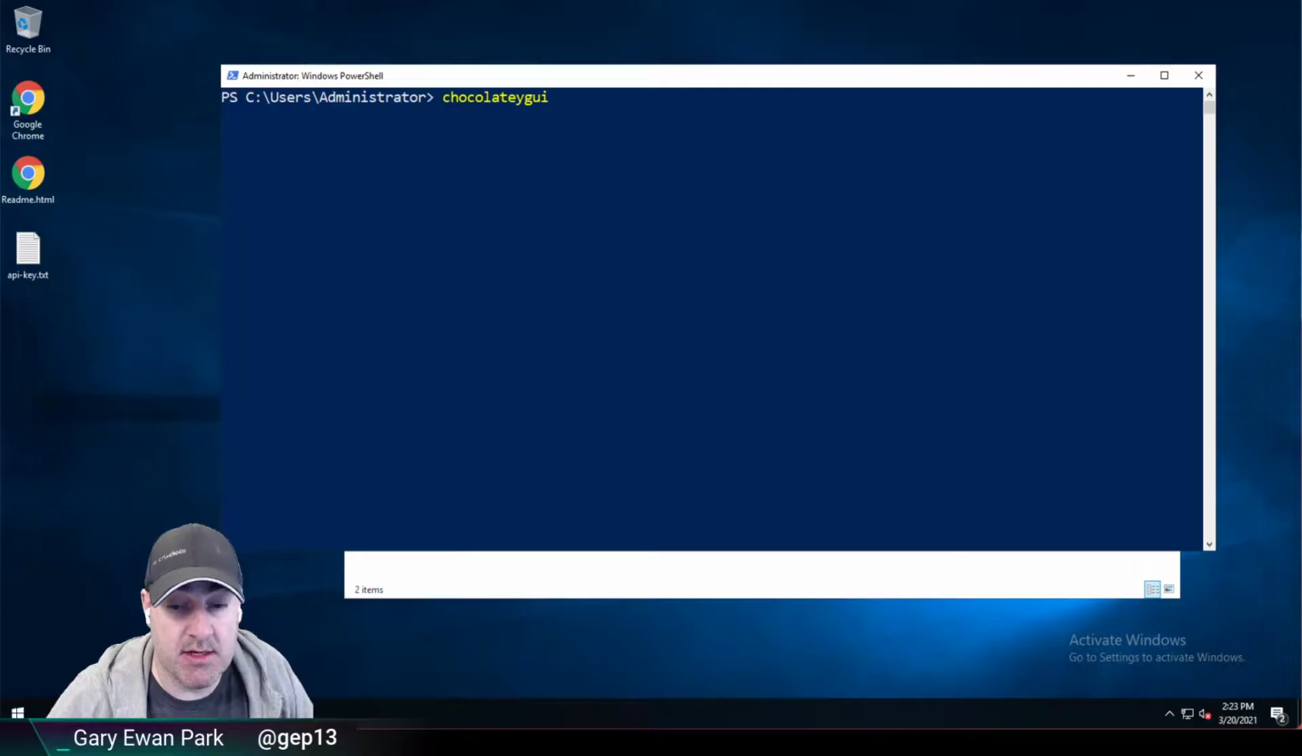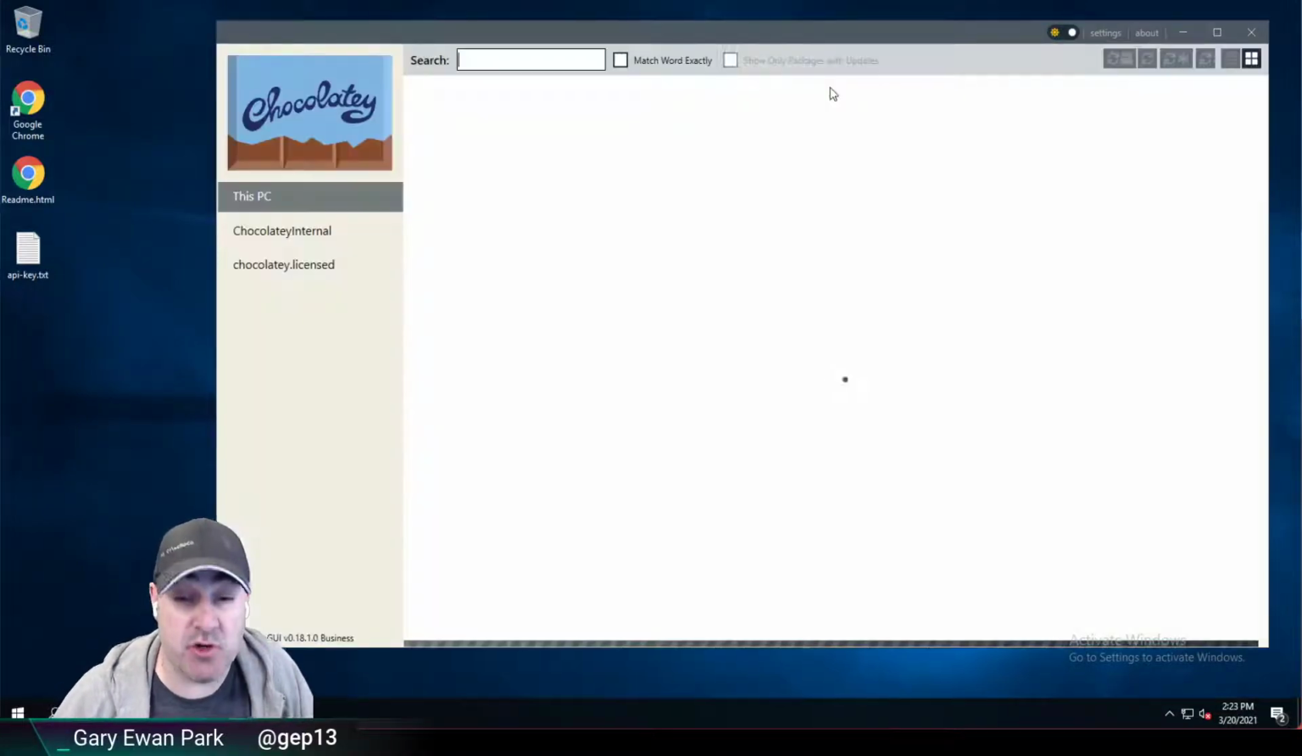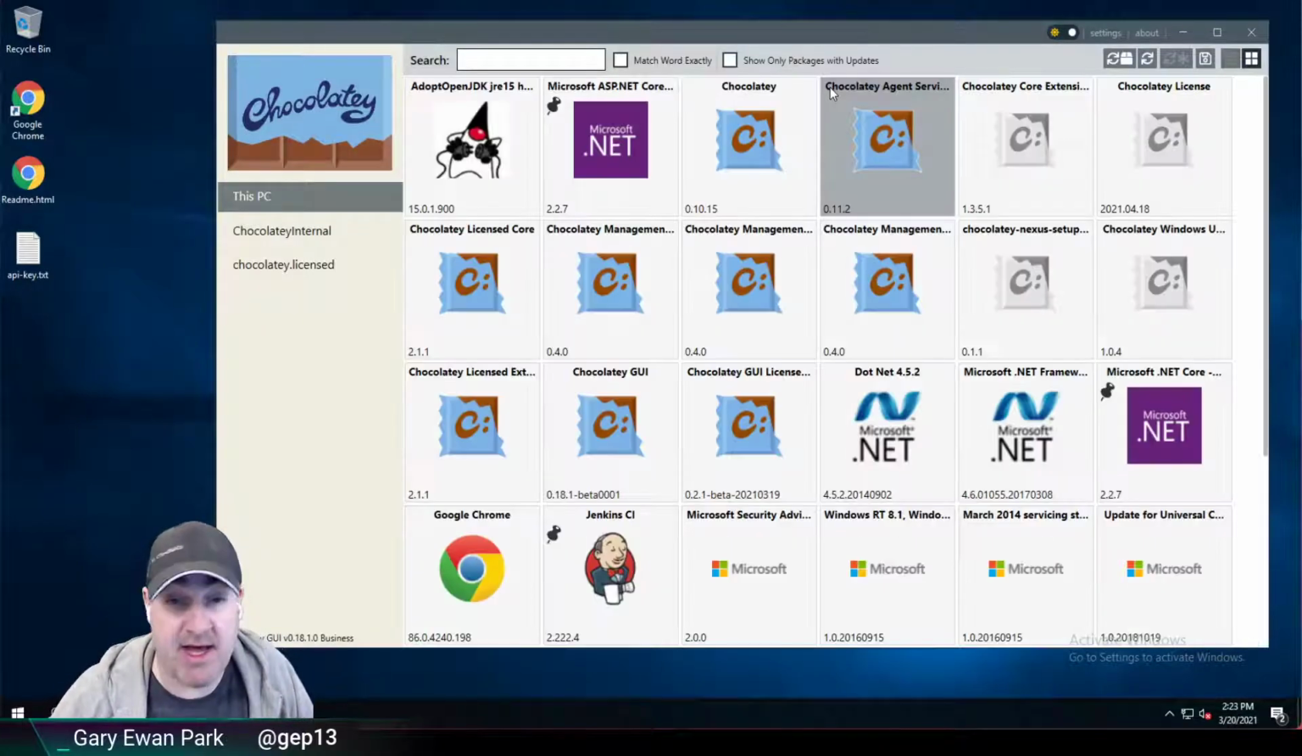Hello, in this short video, I want to talk about one of the features that you can set within Chocolatey GUI that can make it slightly easier to find packages that you want to install. So let's go ahead and open Chocolatey GUI here. And the feature that we're going to talk about is one that's called Exclude